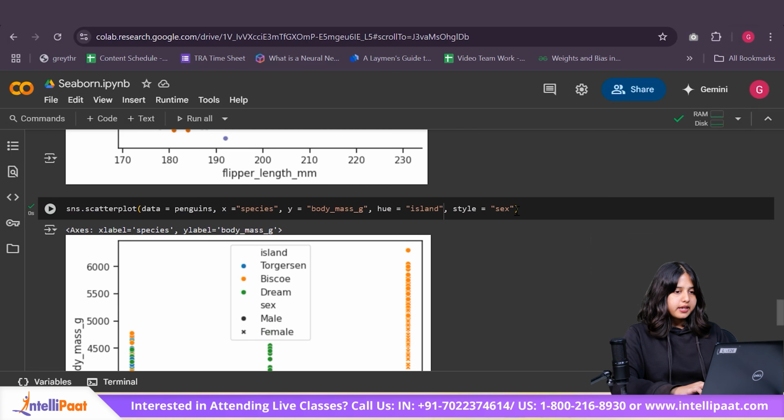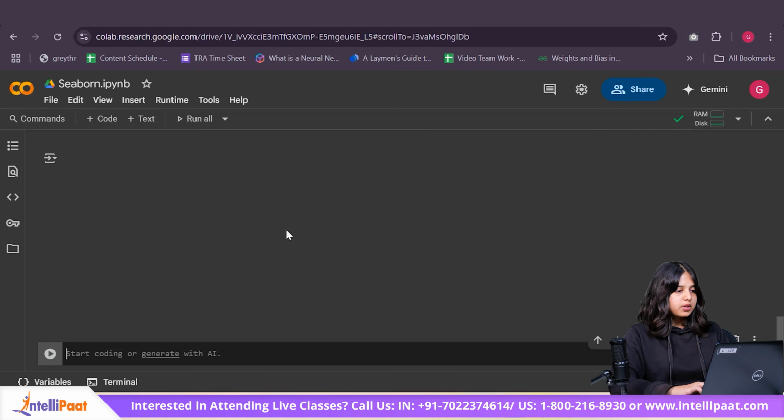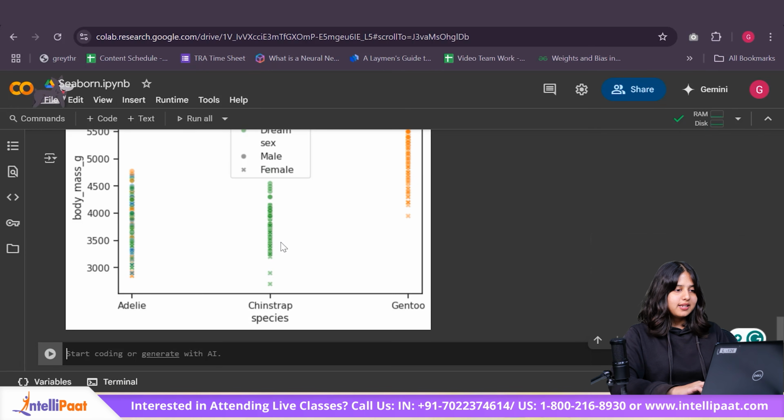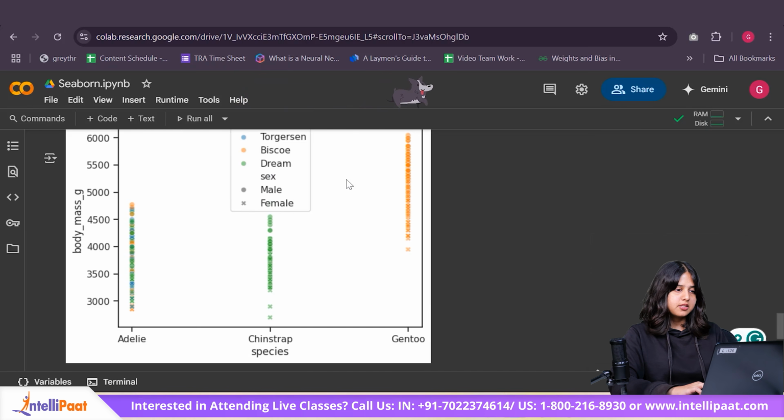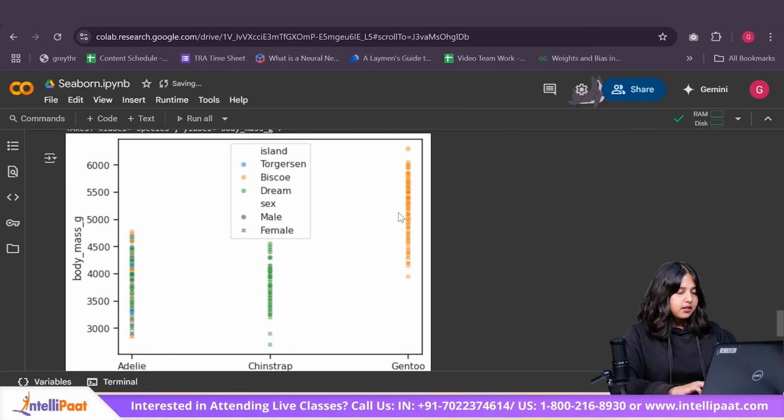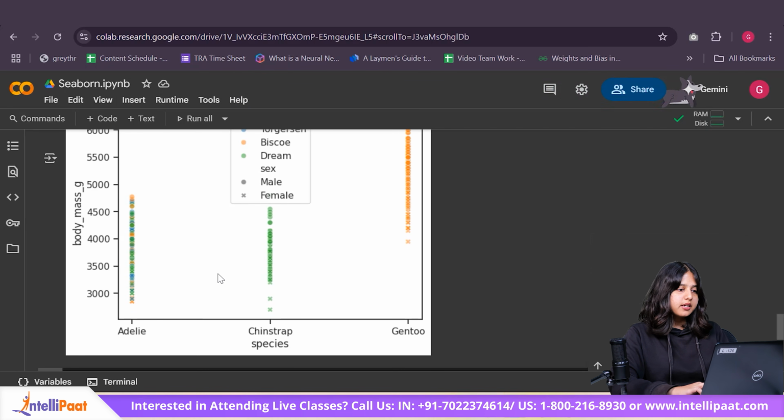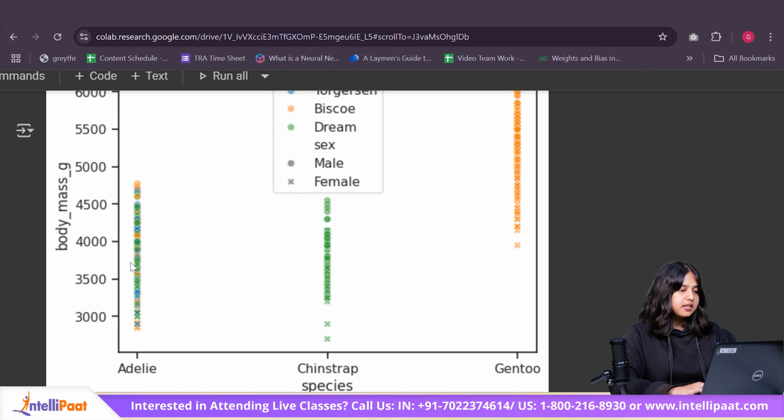Okay, so one thing that I can do is I can go ahead and say alpha equal to 0.5. So what this is going to do is it is going to decrease the opacity of my data points by default, and wherever there is an overlap, it is going to have a higher opacity of my data points. Okay, so since it makes reading the data somewhat clearer, it is not very efficient, right? I still cannot figure out a lot of things in this particular graph over here.